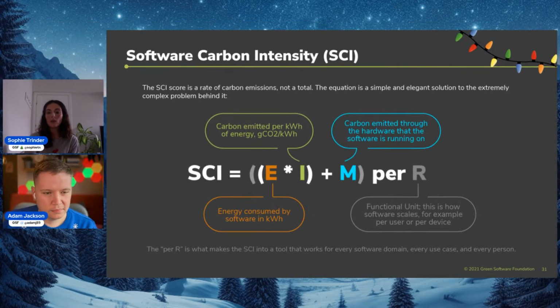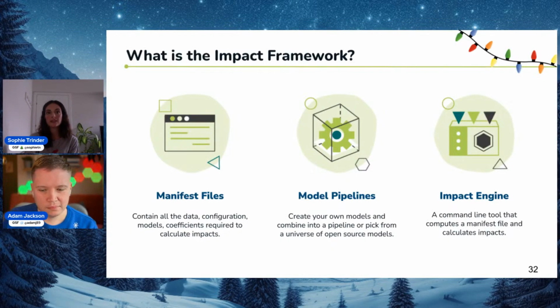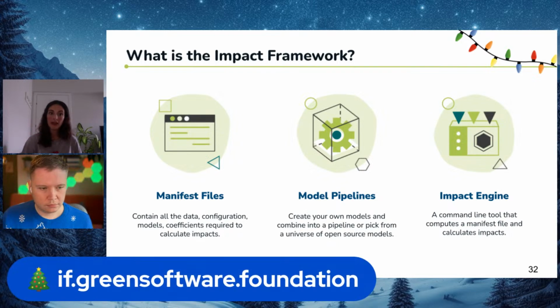So we've built on this specification through the tooling, the Impact Framework project, which aims to make the environmental impacts of software easier to calculate. It allows you to calculate your software application's environmental impacts, such as carbon, without writing any code. All you have to do is input your data into a simple manifest file known as an impl, and the impact framework will handle the rest.